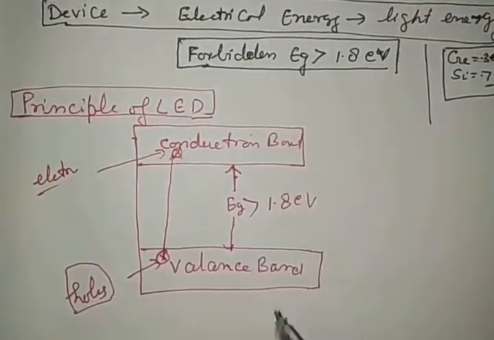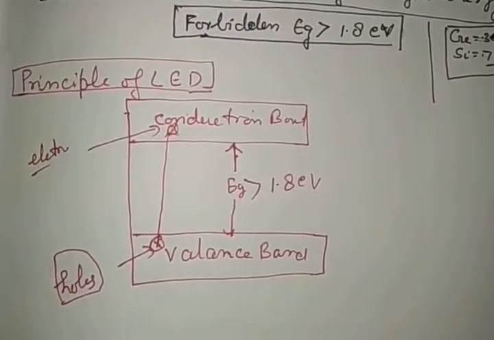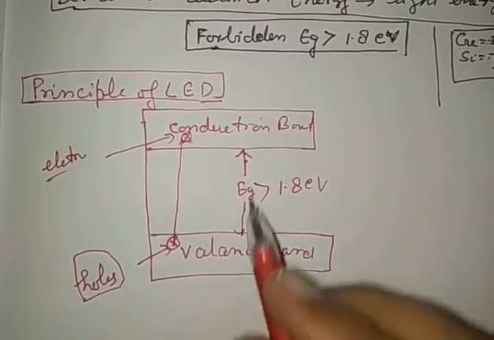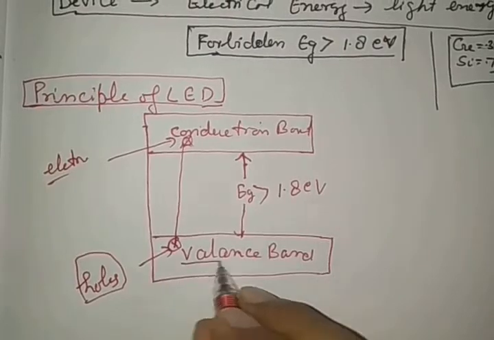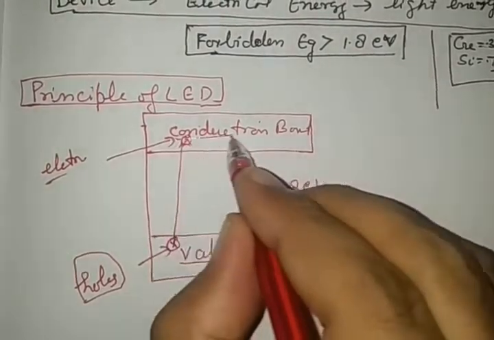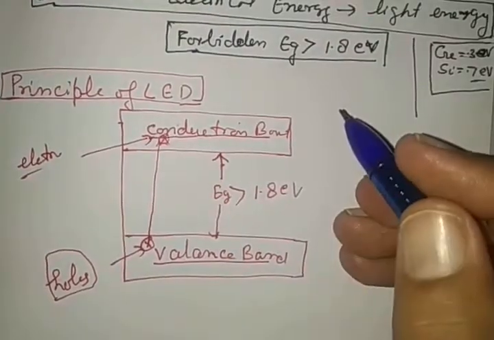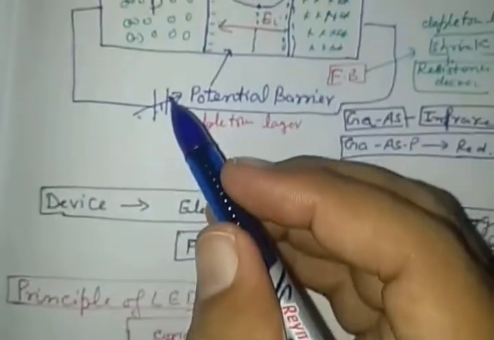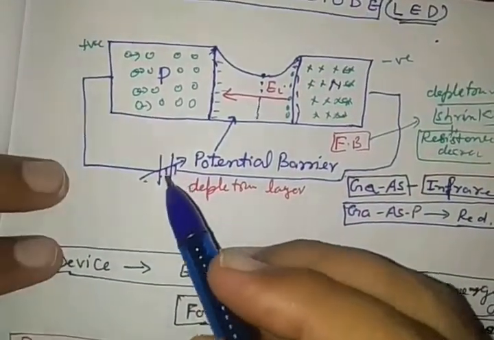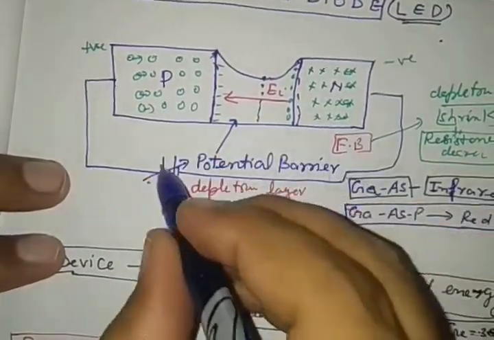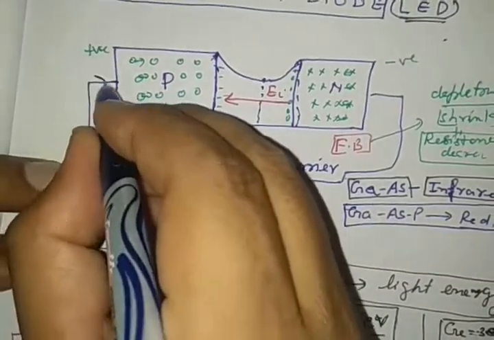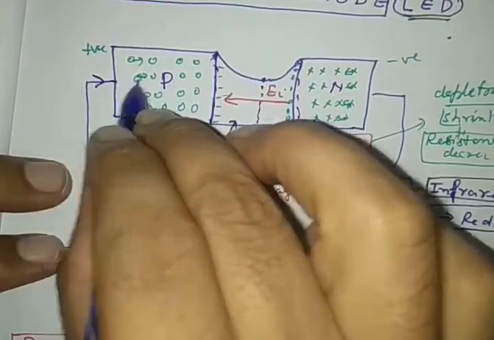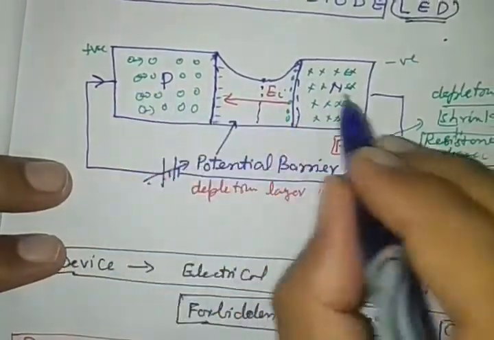This is a forbidden energy gap when an electron is moved from the lower band to the upper band. The lower band is the valence band and the upper band is the conduction band. Now see here in the circuit, by the principle involved in this case, the majority charge carriers are positive, so current flows in this direction. Current is in the direction of holes flowing.